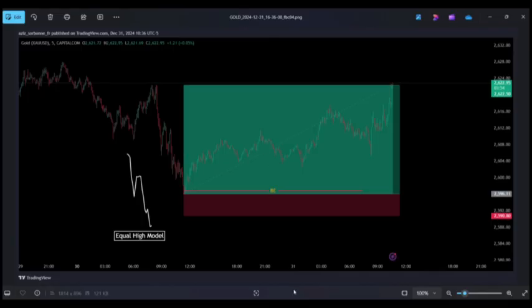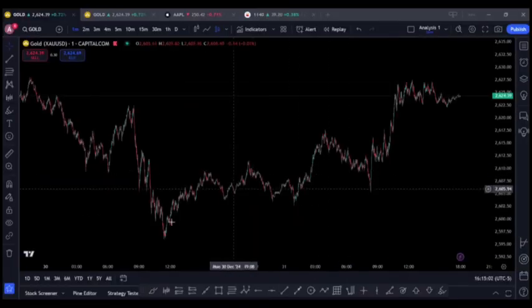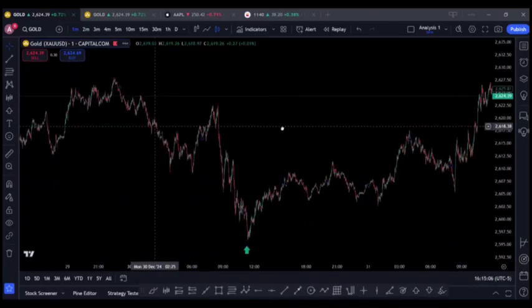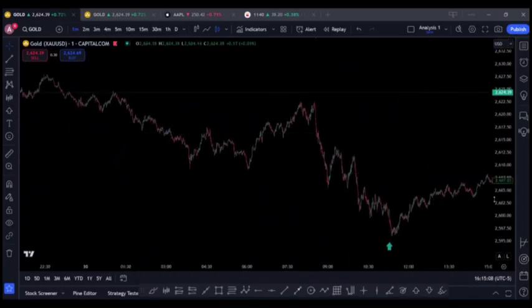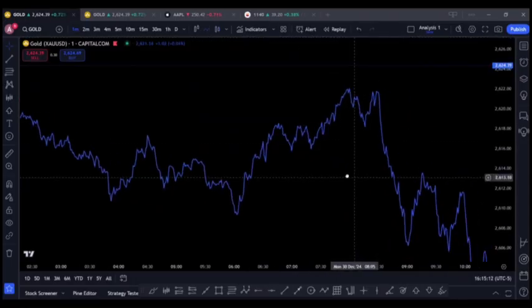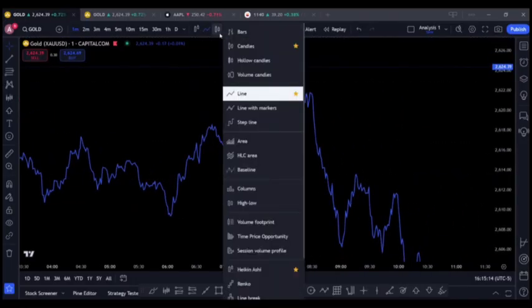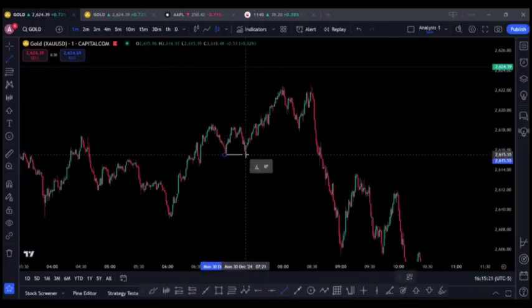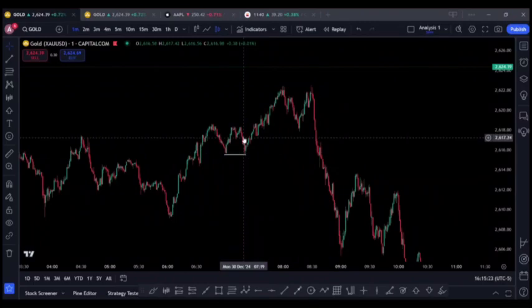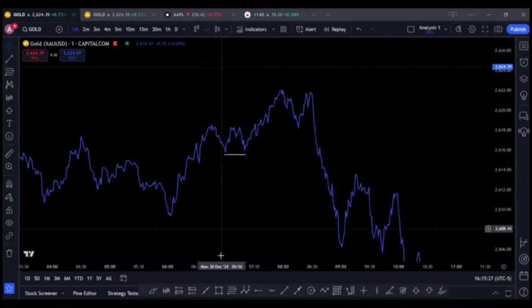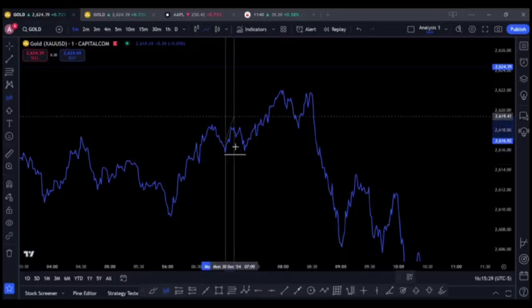So go to the TradingView chart. Before we talk about the long position, let's understand what happens before, okay? If we come back right here to this area, we'll notice that we have an equal low model, okay? And we have already talked about this one on the VIP channel, and we have already done some examples on this one when we have the equal low model in the middle of the trend, okay? So if we take a copy of this one,